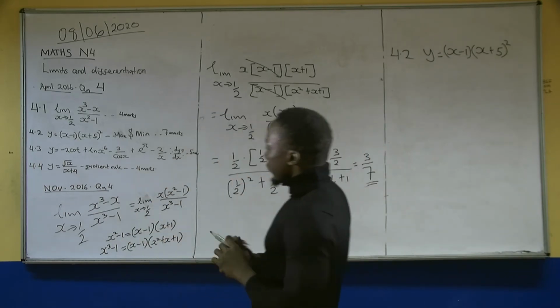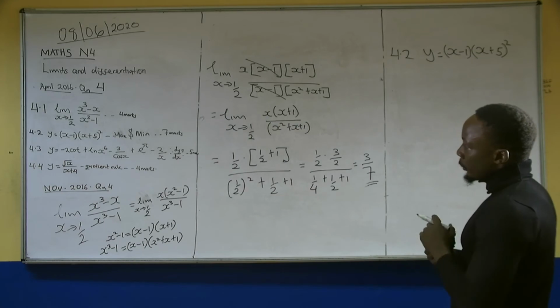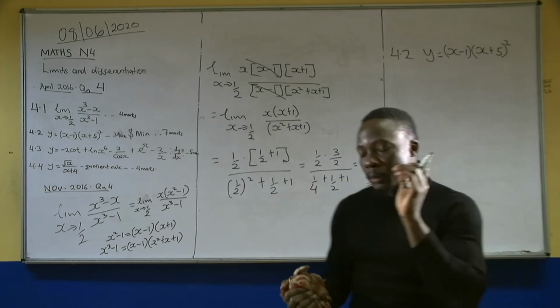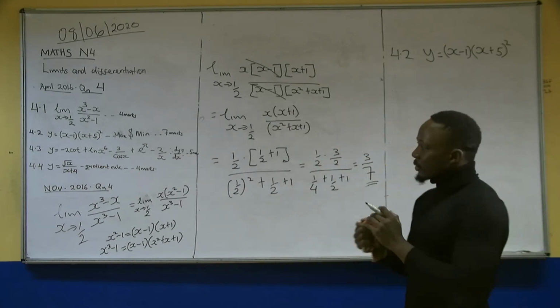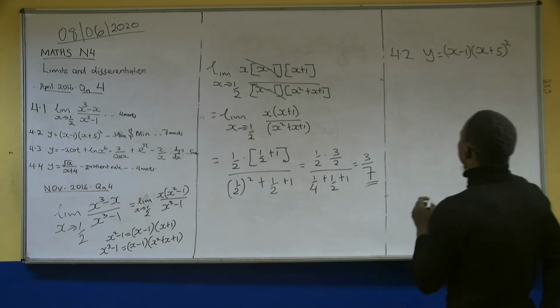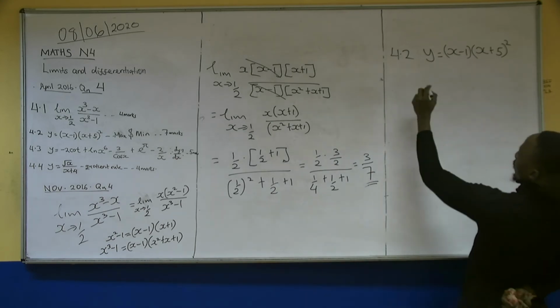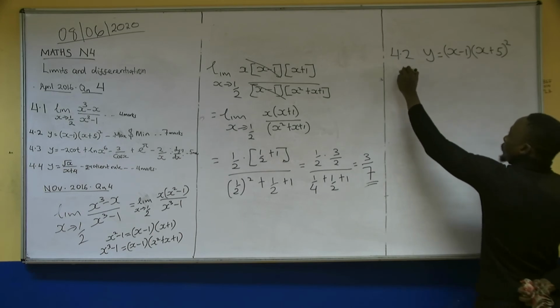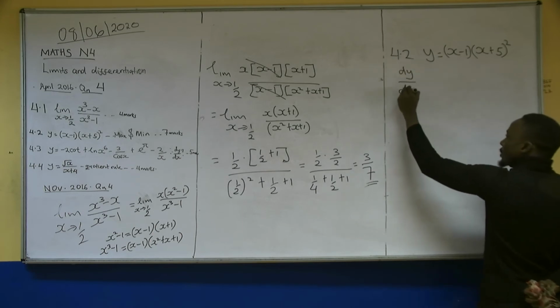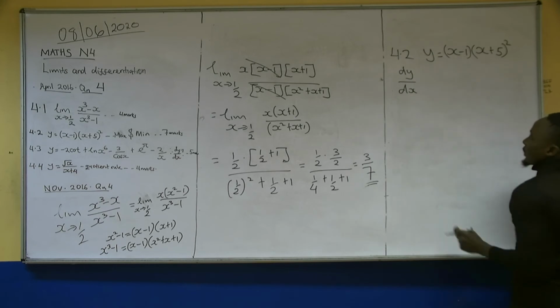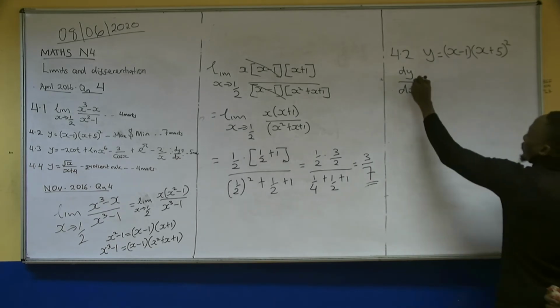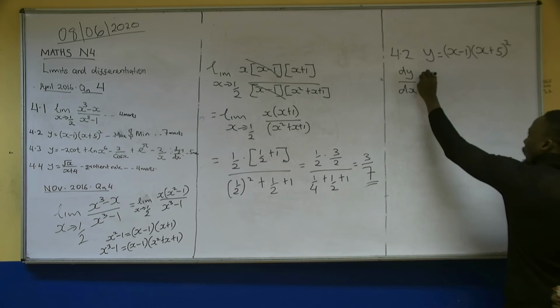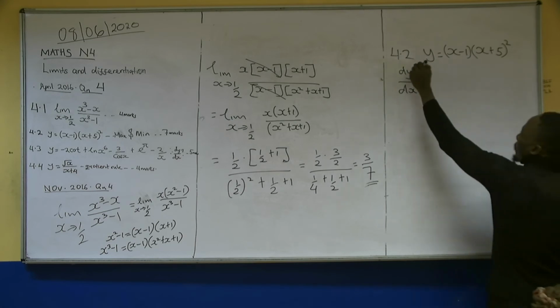We are going to differentiate, and that dy/dx we shall equate to 0 in order to get the values of x, which will lead us to maximum and minimum points. So our task is to differentiate this given equation. Differentiating, you differentiate y with respect to x. Sometimes they say dy/dx. We equate it to 0 first of all, because